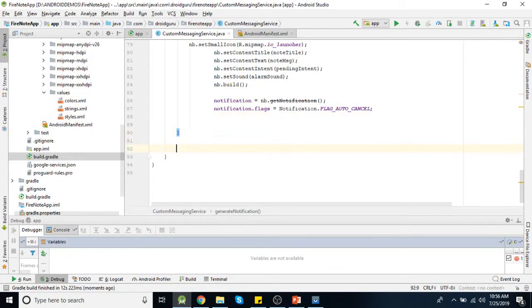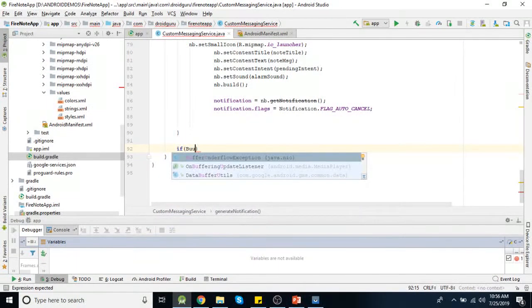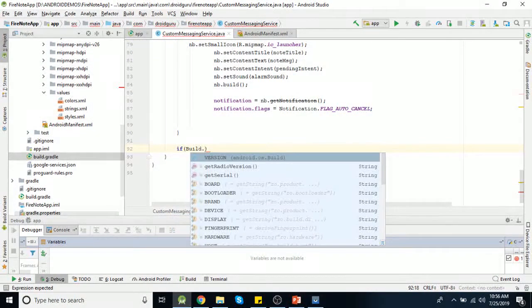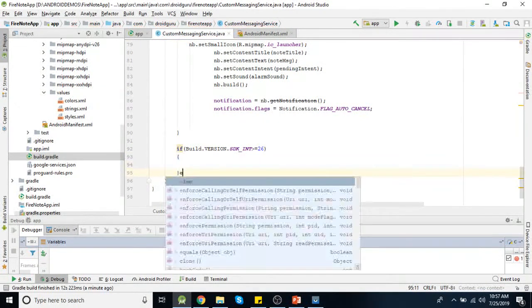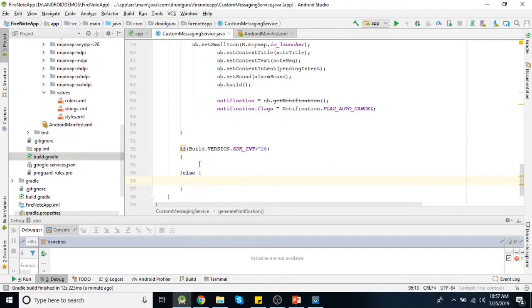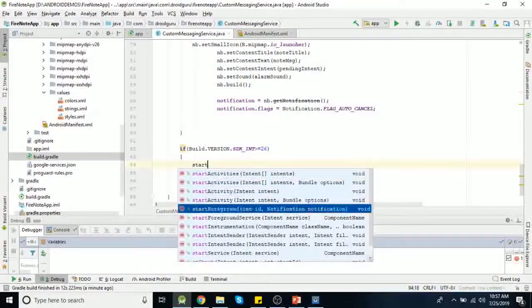Now again the sending notification method is also different for these versions. So if build is greater than or equal to 26, here you need to use a start foreground method with this ID and notification objects.